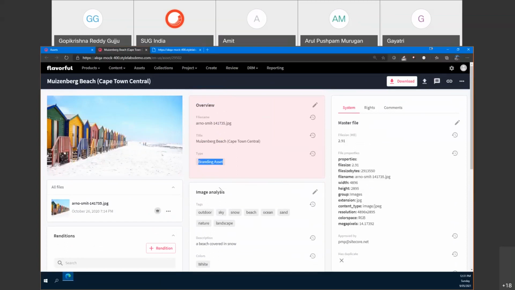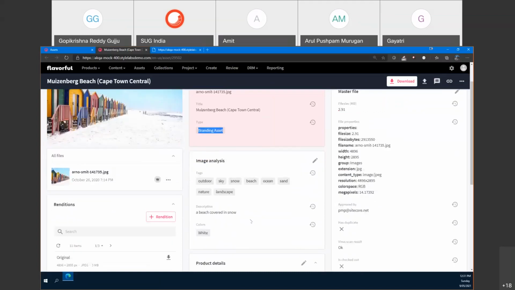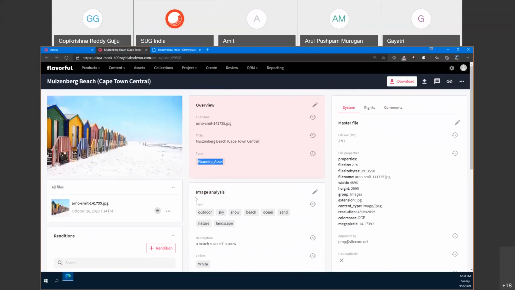I observed that for a lot of images, it gives pretty good information. Later, in 3.4 or 3.4.6 or somewhere, they introduced a video Vision API as well. So even if you upload a video, it will give you these image tags. It won't be like this, but it will give much more information about the video, the transcript, and various other things. And we can configure, okay, we don't need the description and colors, we only need the tags. We can omit those, so when it sends the request to the Microsoft Azure API, it will not ask for the description and colors. It will only ask for the tags. So that is the information.